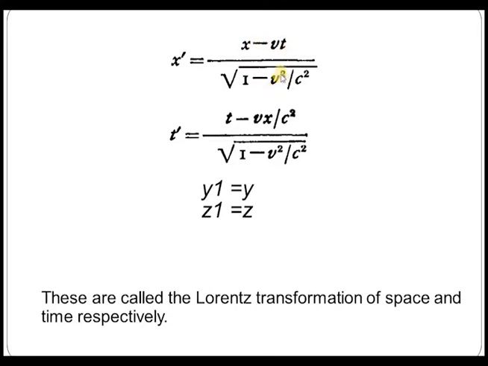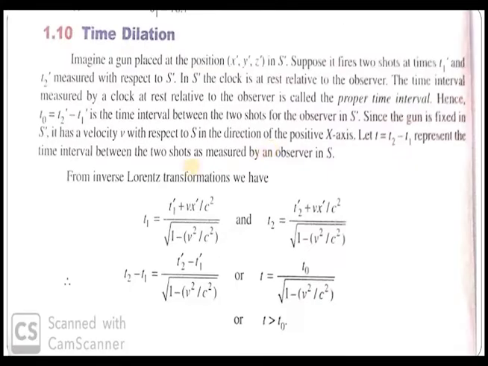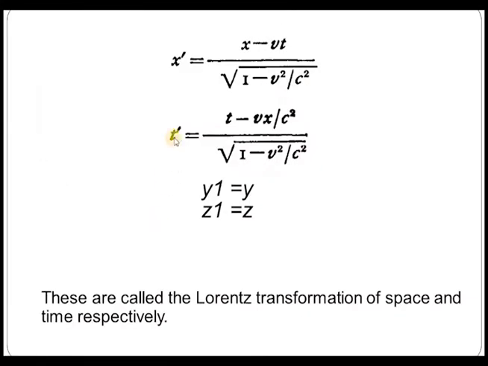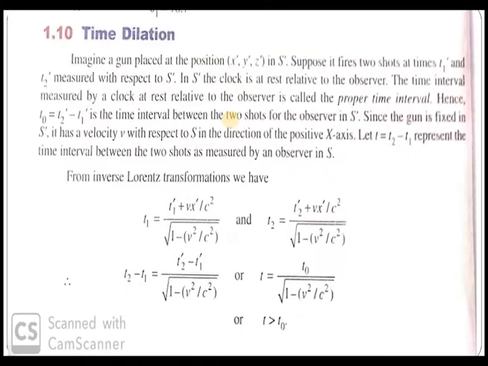Here v square minus v square becomes plus v square, and minus v into minus v becomes plus v. So here the denominator changes, and that's what I am telling. Instead of t prime we can write here t, and instead of t here we can write t prime. Instead of minus v, plus v.